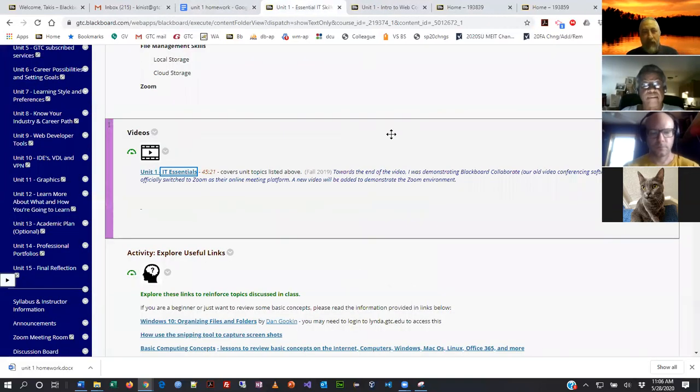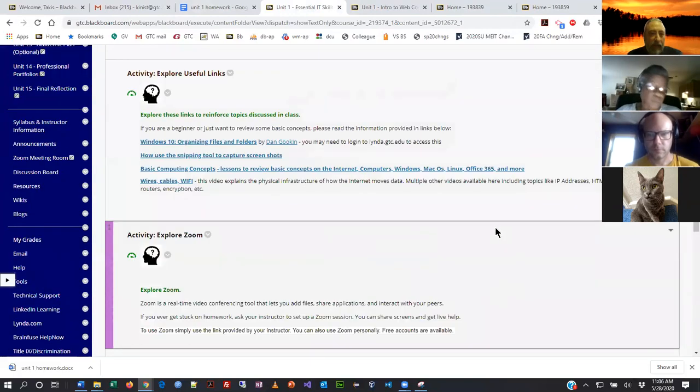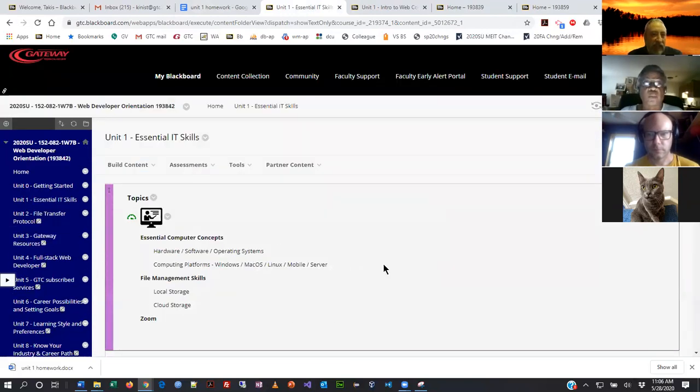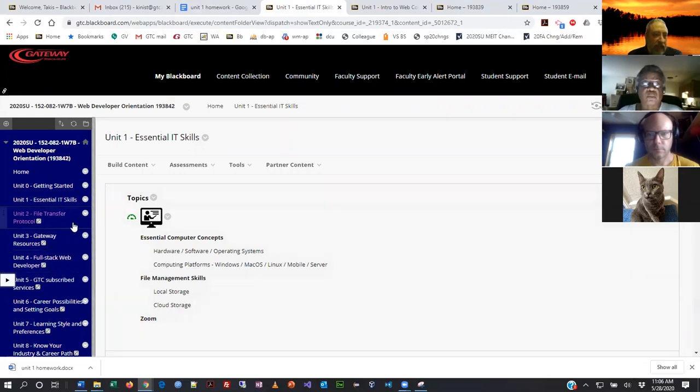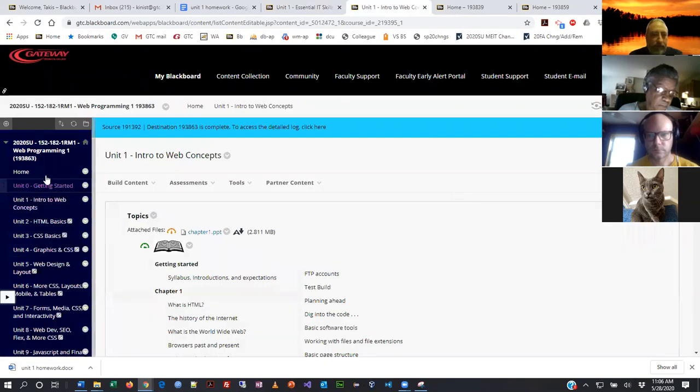We're going to jump over to our Web Programming 1 class. So try to get these tasks done. And then as we get to next week, we're going to be moving into a little bit more useful material for Web 1. You can see we're going to talk about file transfer protocol here in the orientation class, and a couple of other things. But going over to Web Programming 1,